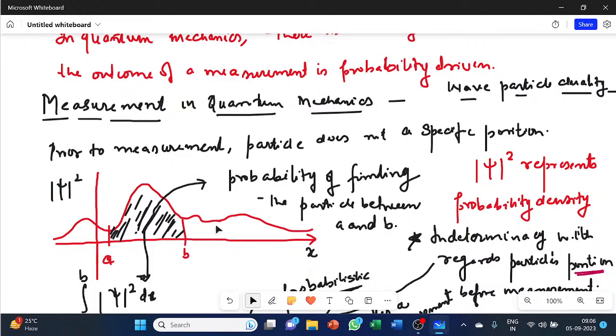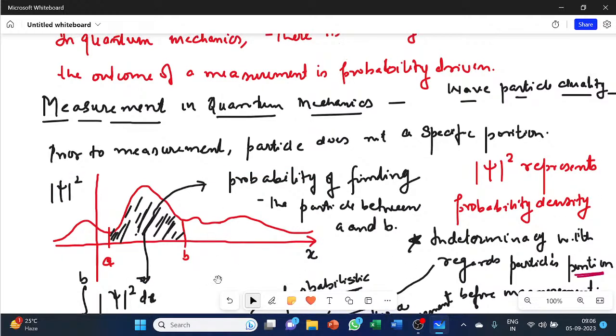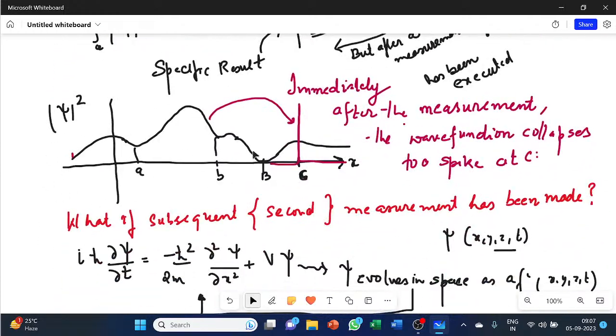Once it has collapsed to a certain spike, your wave function has collapsed to a particular state, and this is called an eigenstate, as we will see in matrix mechanics, and also otherwise. So, one of the eigenstates. If a subsequent measurement is made very quickly, in a manner that psi has not evolved, only then can you argue that your wave function would again be at C. What I want to convey is, if I make a second measurement so quickly that your wave function has not evolved, only then am I in a position to state that I am at C.